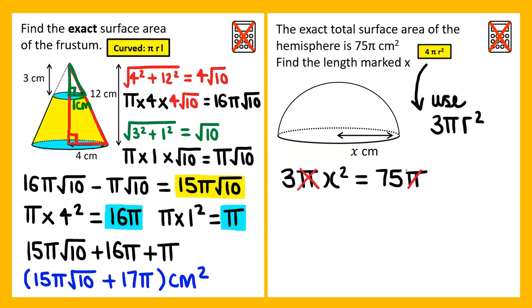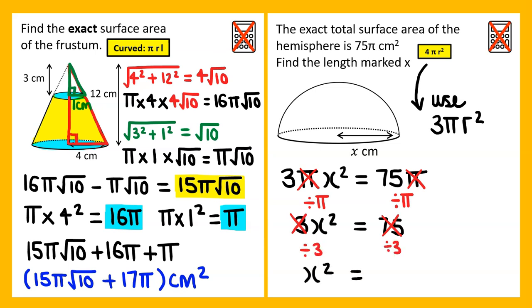Because we have pi on both sides of the equation which we've now formed, we can divide by pi on both sides, which gives me 3x squared on the left side, 75 on the right hand side. Both 3 and 75 are divisible by 3, so x squared will be equal to 25. Lastly, I can square root both sides, so x would be equal to root 25, therefore leaving me with an